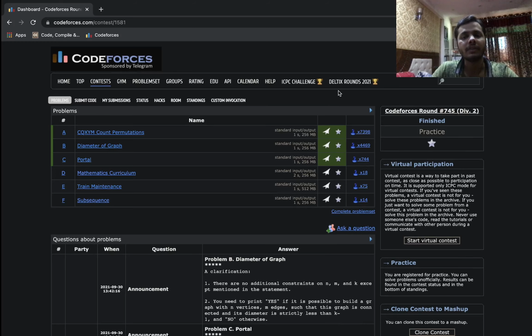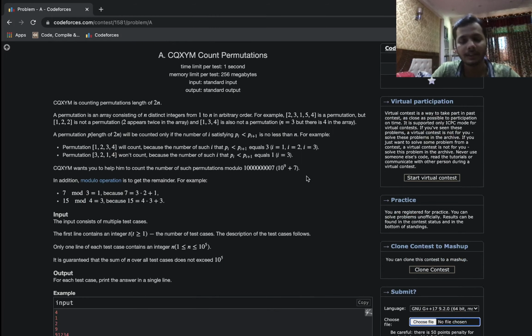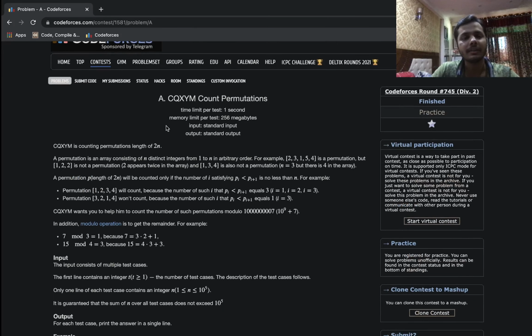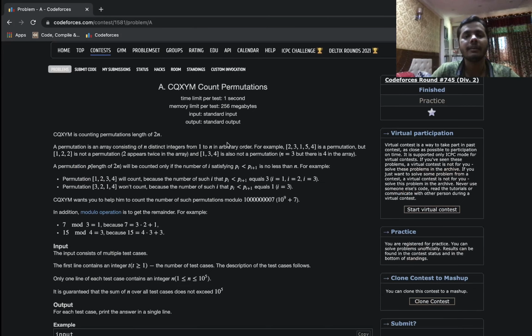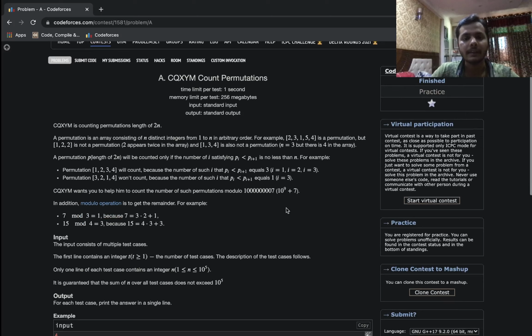Generally around 14-15,000 people do participate in rounds, but this time a lot of people just saw A and they just gave up, right? So that is the level of problem A in this problem set. So yeah, the contest was a bit on the trickier side, and I'll be discussing the first three problems because beyond that the difficulty is a bit too high for me as well. So yeah, let's jump to problem A, right?